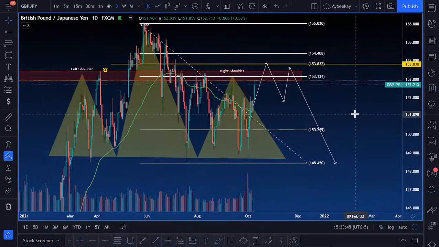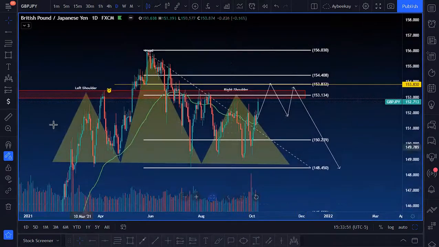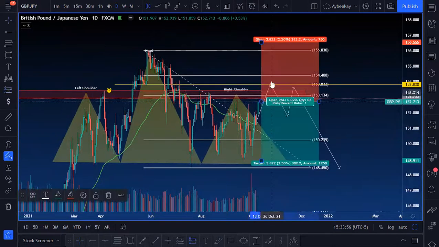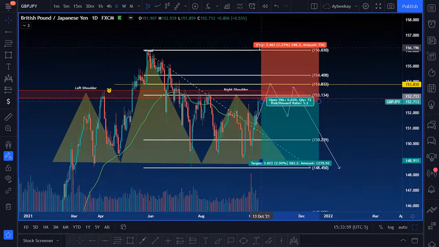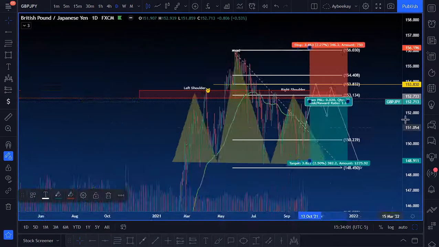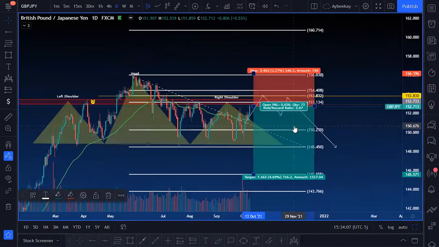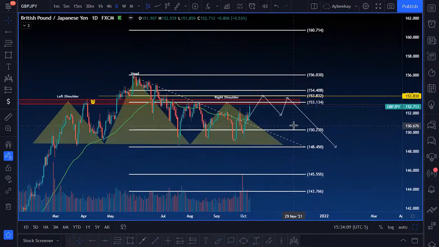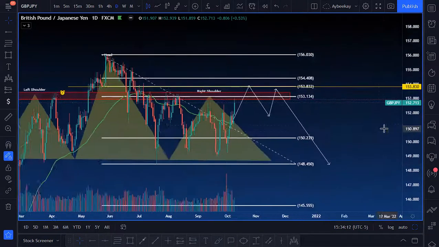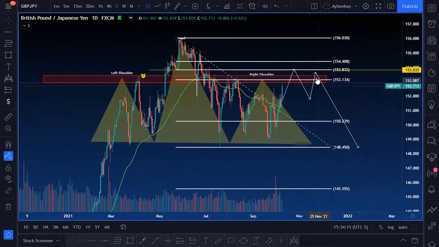But hey, this head and shoulders pattern doesn't look that terrible either. If you are an individual that is really down, then you can play something like this, where it's a very swing-ish opportunity, where you move your stop loss to these equal highs where the head is at, and then you just take it to the downside type of move. It's a 1 to 2 risk reward ratio, but it will take a few days, if not a couple of weeks, for it to play out, whether it goes to stop loss or take profit. So I'm leaving my alert here at 153.830.